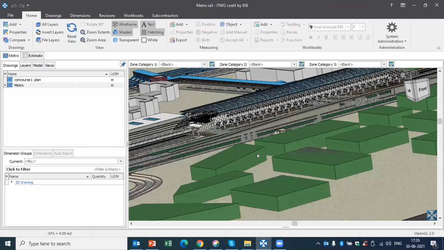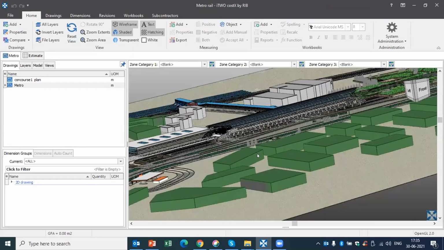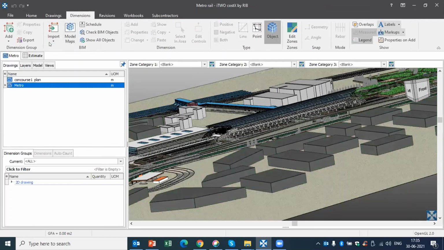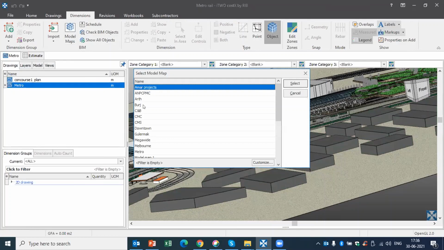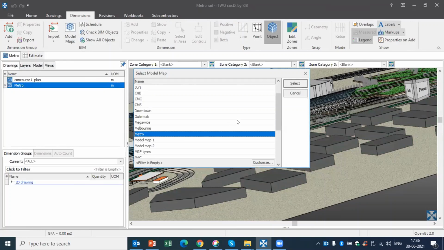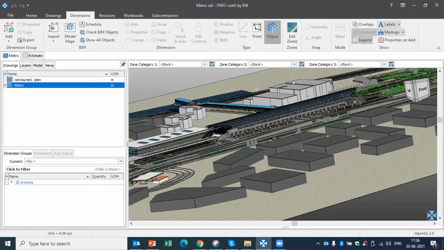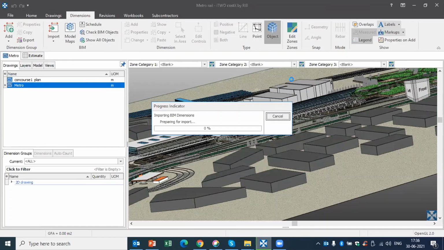So now when I want to extract the quantity, with 2D drawing, what we did is we traced all the columns or all the beams or all the footings. Here it becomes much easier. You can prepare your template as per your convenience with the formula. So once you prepare your template, just go to import, select the template. So we can automate our quantity extraction process, which saves us time.